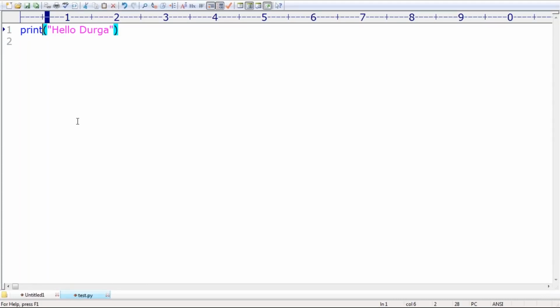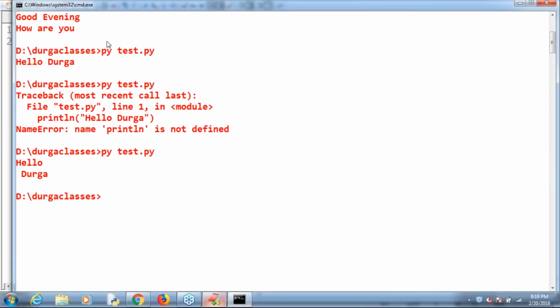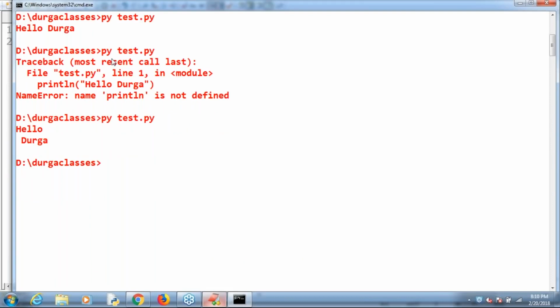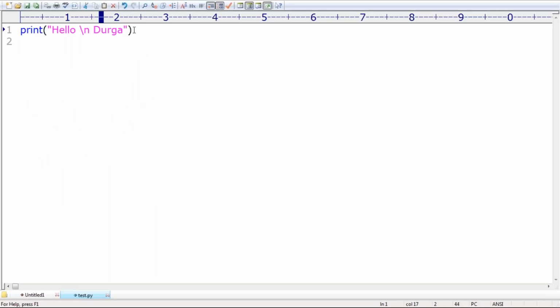Don't worry about that. Now print "Hello Durga", by default we get this, and this itself is acceptable. Now, can I use escape characters here or not? I'm taking \n. Observe the output. What output are we going to get? Hello followed by Durga on the next line, correct? It is possible to use escape characters also. No problem at all.